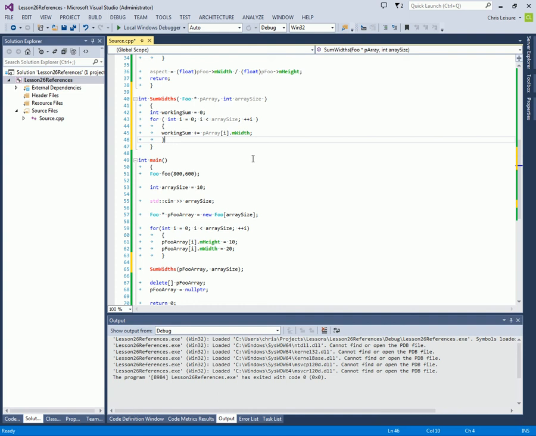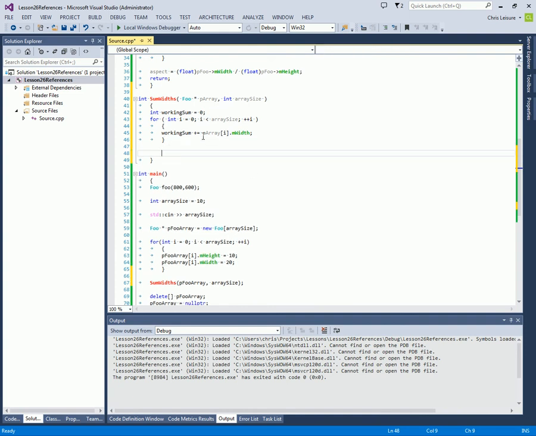Okay, so as you see, we had to pass two separate pieces of data to make this work. And we need to return workings. Because all we have is a pointer. A pointer to an array, but it's really just a pointer to a memory address with a certain type, and that's a foo. So we had to tell it, okay, this is an array, and we have this many at that address, starting at that address. So as you can see, we have to pass around multiple pieces of data that aren't attached in any way,